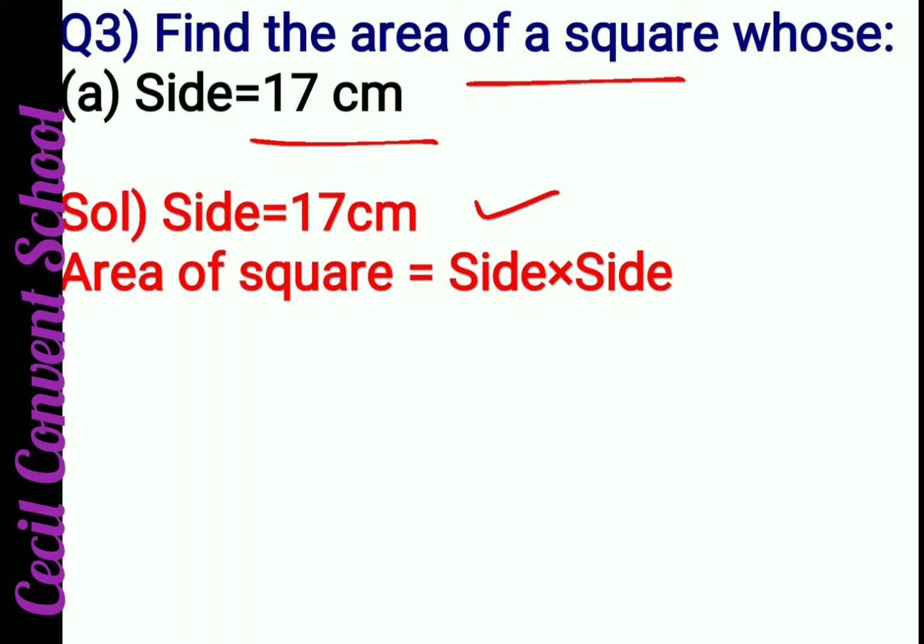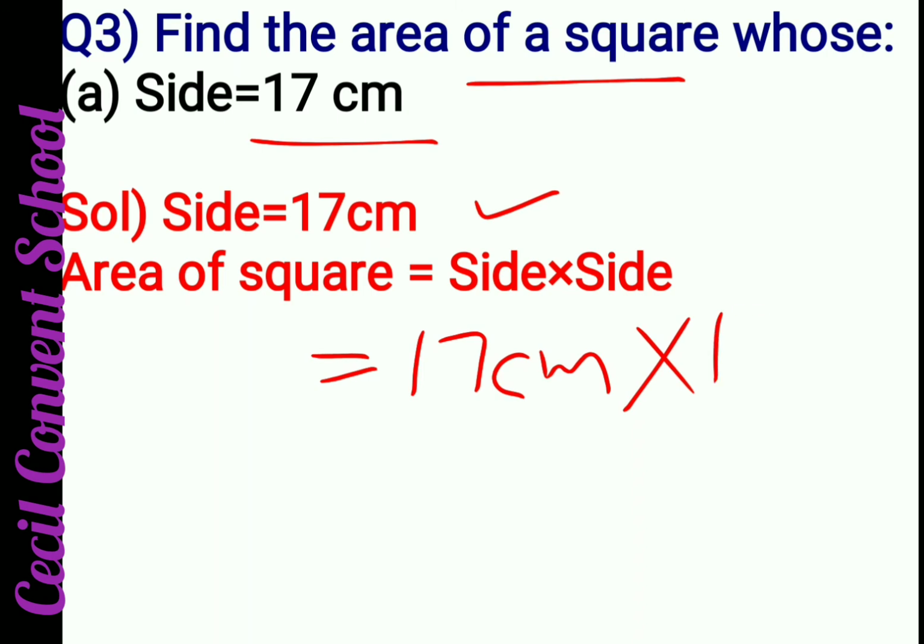So you write side into side. Clear? One way of learning area: in area you always multiply the things. In a rectangle you multiply L into B, because length into breadth is given. In a square you have to multiply side into side. So when you multiply side into side, it will be 17